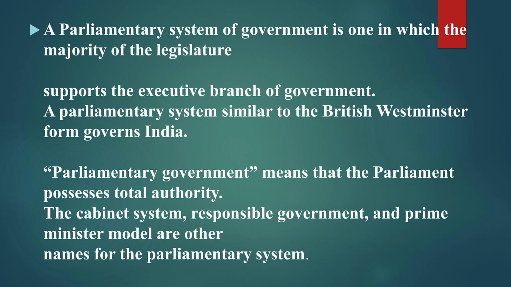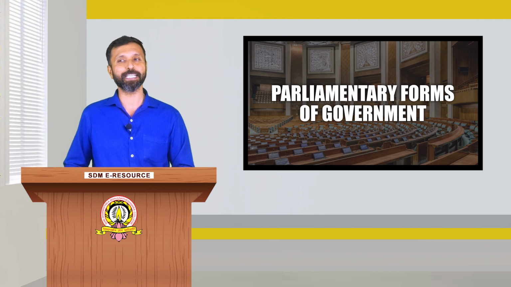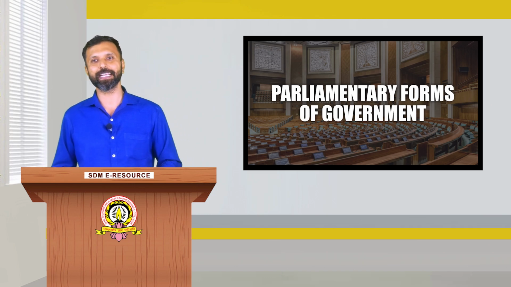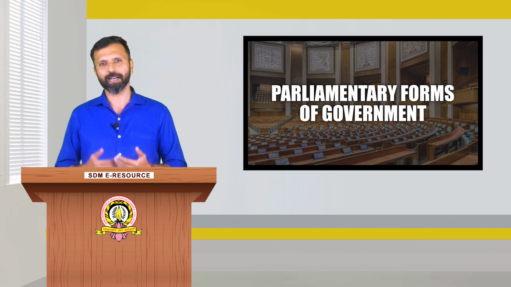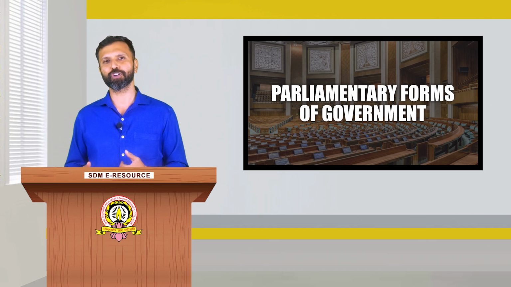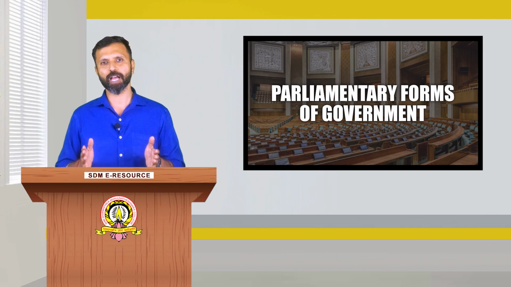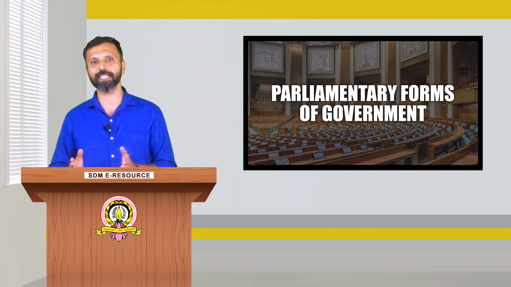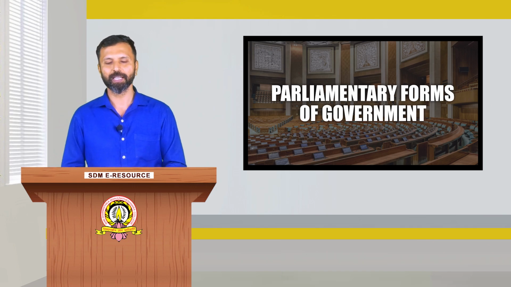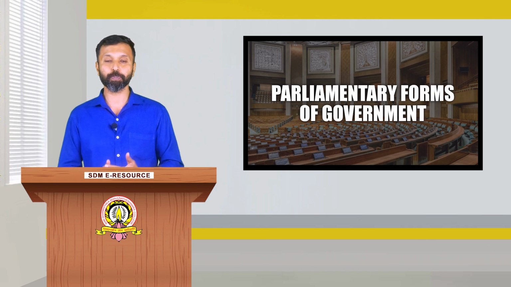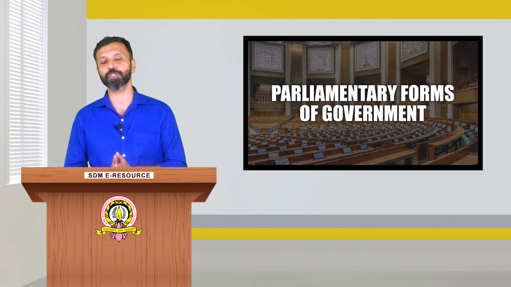We know that the legislature is the majority part of the government, followed by the executive, which is supported by the second branch and plays an important role. In the parliamentary system, British ministers formed the government that governed India. If we are understanding the concept of the parliamentary form of government, we should ask in which country and under which constitution it can be suitable. The parliamentary form of government gives preference to the people.